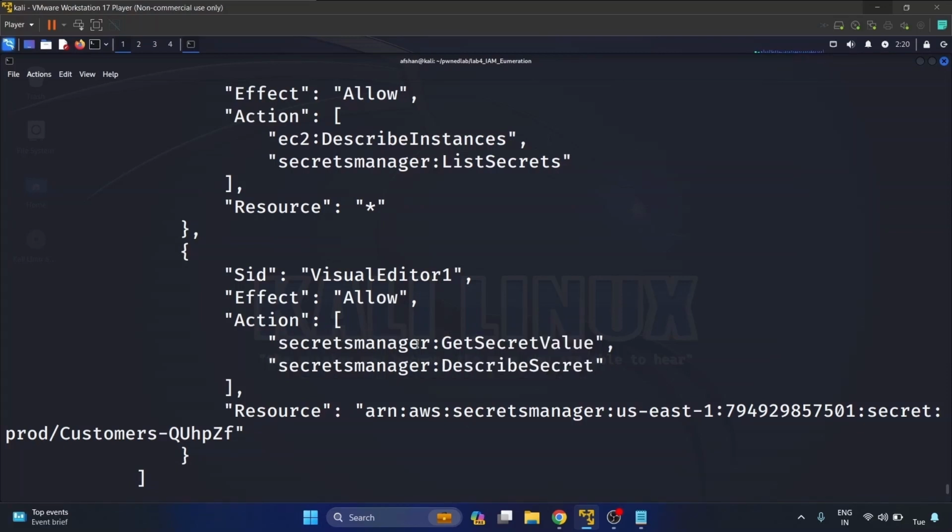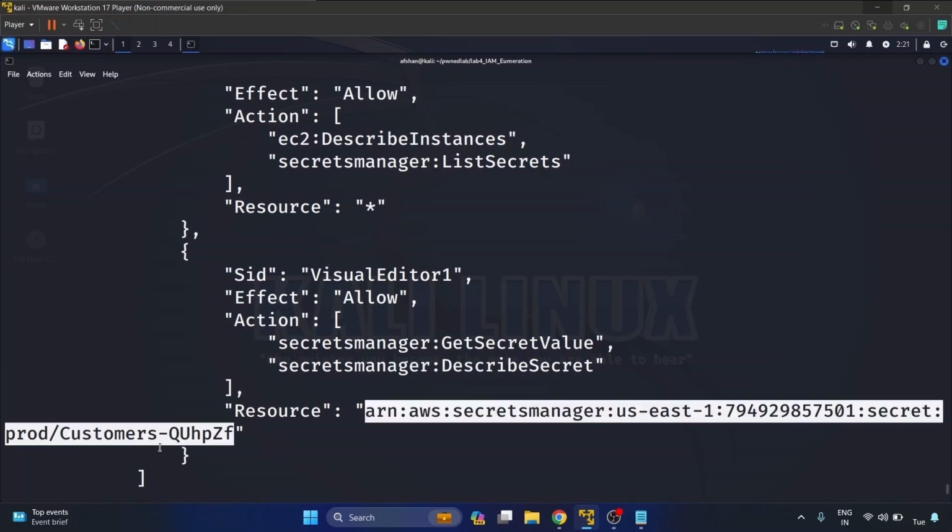So this means if we assume the role, then we would be able to retrieve information about all the EC2 instances in the AWS account and list all the secrets currently stored in the secret manager. And we will also be able to describe and retrieve the secret value of this prod customers. Okay,